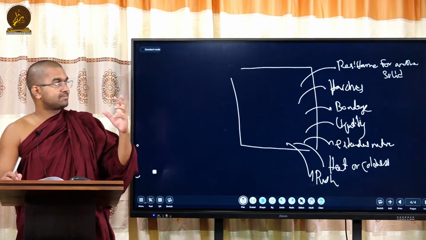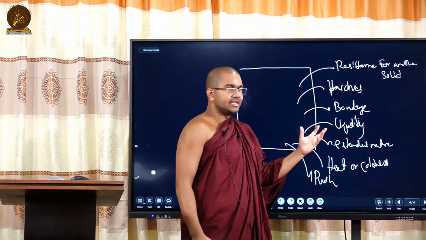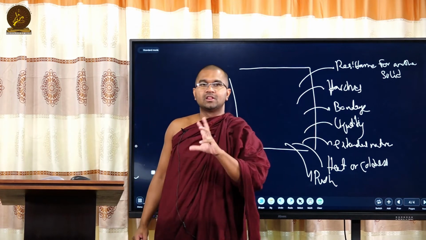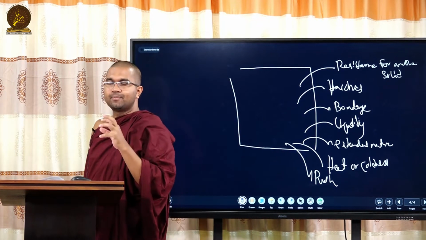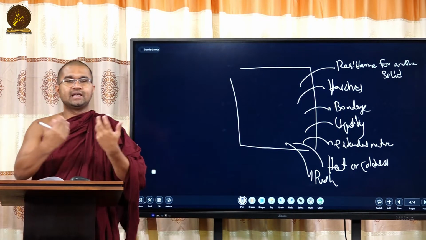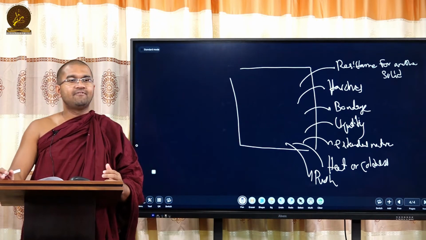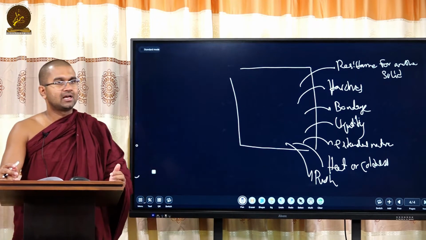But how do we explain this hardness, bonding nature, liquidity? You cannot explain all just focusing on the kalapa's four great elements. So the great elements do exist. Exist means they do interact between the kalapas. Their effects can be felt among the kalapas.